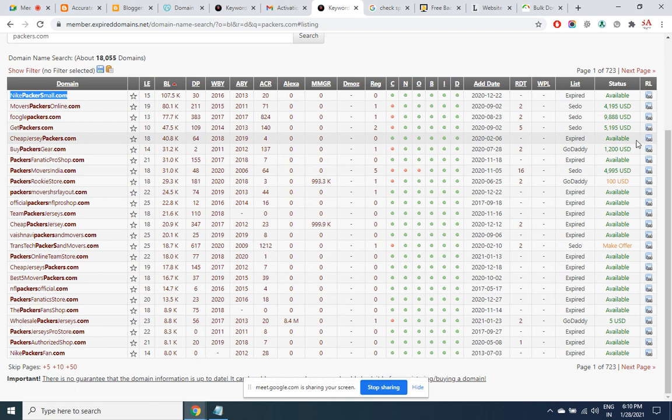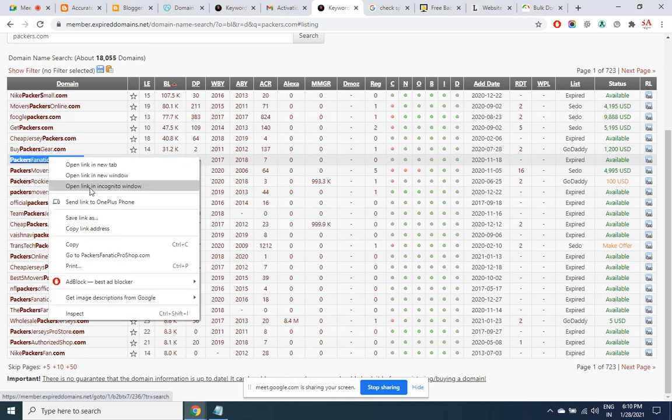Okay, this is what we have seen. Next one, Packers Fanatic Pro Shop. Again, the domain must be speaking about your business. If it doesn't, then you'll have to dig more and more to find an address which is relevant to your business. Age is old, backlinks are there, price is regular and not in spam.